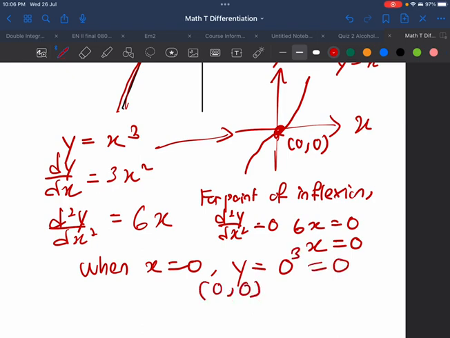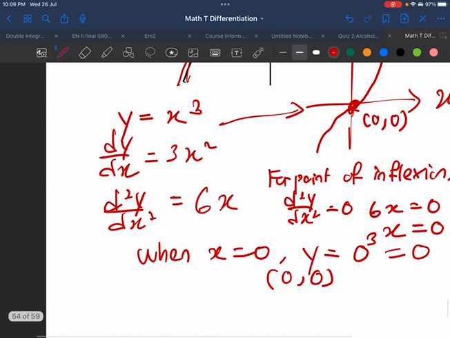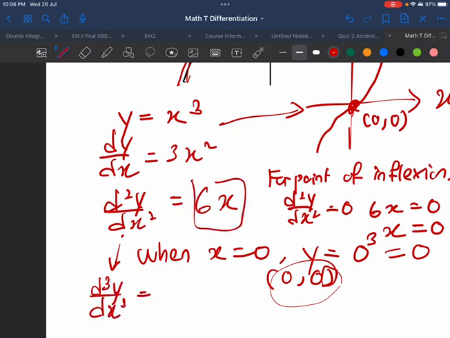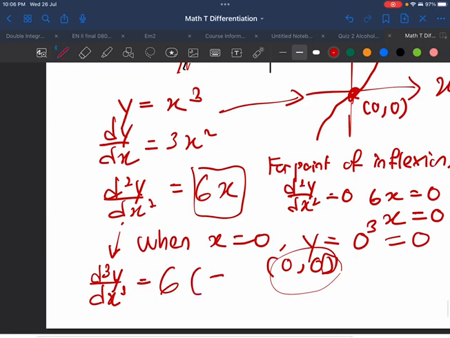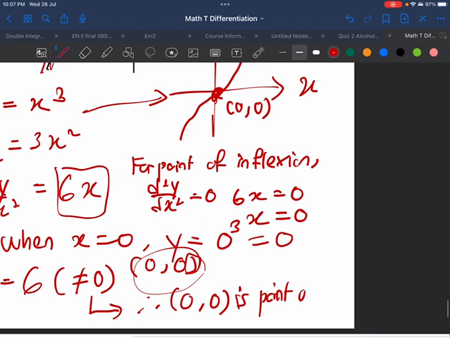So we have already satisfied the first condition, that is d squared y dx squared equals 0. And now, to check whether this point is a point of inflection or not, we need to differentiate a third time. So we get d cubed y over dx cubed, and when we differentiate the 6x, we get 6. Alright, so 6 isn't 0. So we know that 0, 0 is a point of inflection. So you can plot the graph is